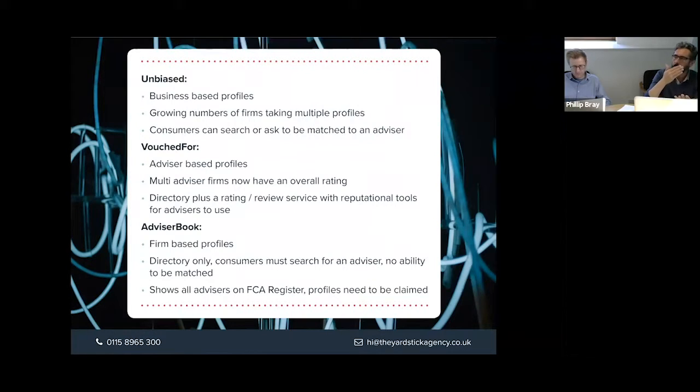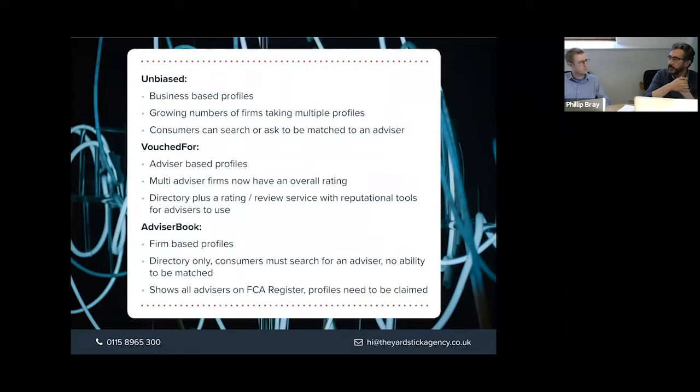From memory, the most expensive profile with Unbiased is £59 a month plus VAT, so let's call that £70. That includes your first inquiry. And then each subsequent inquiry is £30 plus VAT, so 36 quid in effect, because most advisors aren't VAT registered.